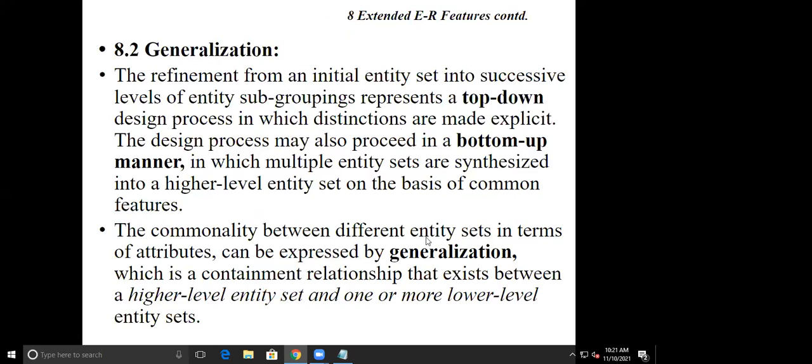So the commonality between different entity sets in terms of attributes can be expressed by generalization, which is a containment relationship that exists between a higher level entity set and one or more lower level entity sets. Here, generalization means that from the lower level, we are going to the higher level by combining them or finding the common features.